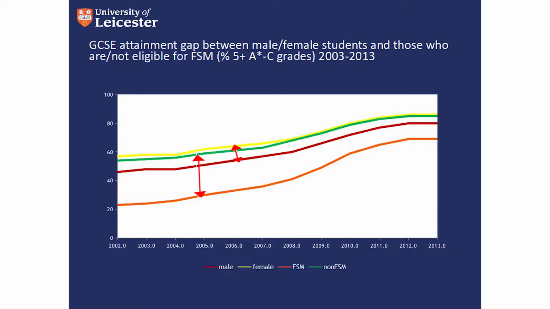I'm going to give you a few graphs, but I'll explain what this is. At 16, so until this year, at the end of compulsory schooling, students sit national tests. You may be familiar, old O-level, and since 1988 it's been called the GCSE, the General Certificate of Secondary Education. And this is what most 16-year-olds will sit just round about this time of year at the end of schooling. And this just gives you an indication of performance of students in this assessment.